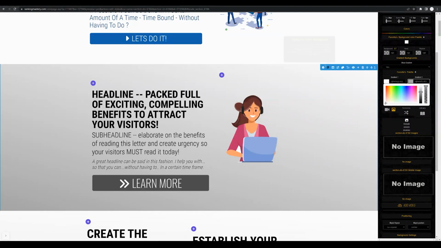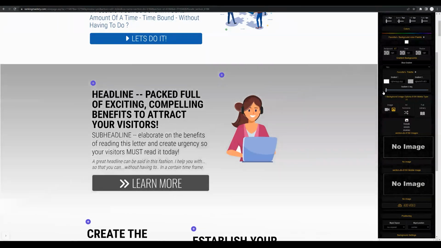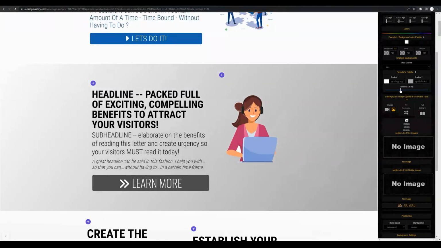And you'll see now that we have a gradient. It's not perfect yet, but it does transition from white into this darker gray. Okay, so after selecting whatever colors you would like for your gradient background, you can now change the gradient degrees. Okay, so we can go ahead and move this dial either up or down until we're happy with the gradient